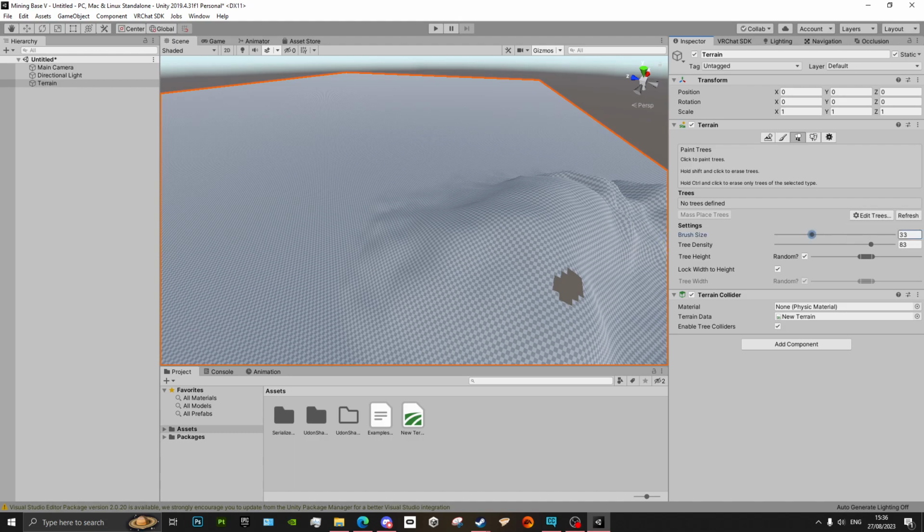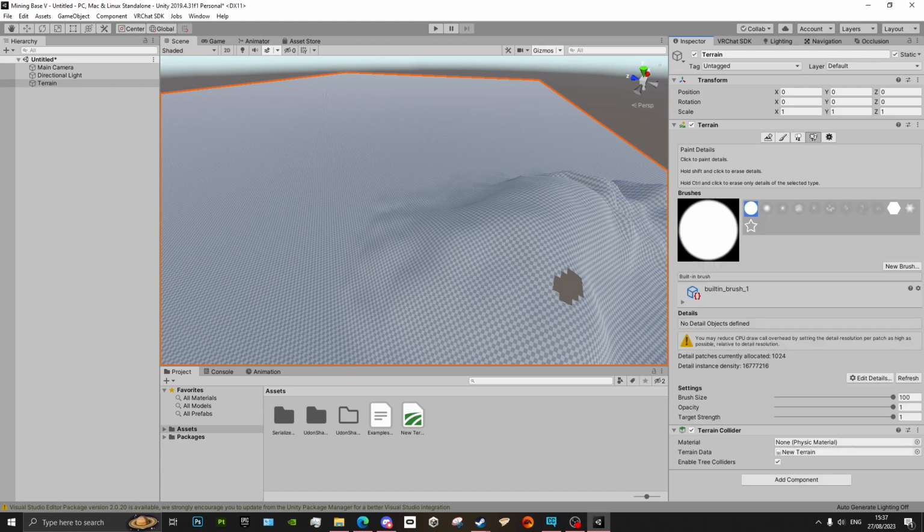Say, I don't know, how big you want the brush size to be, the density of how many trees, and just the size of them. However, there's mass placed trees, which is probably what you're going to go for. If you want to go really into it, you've got planting brushes, grass, and the details for it. However,